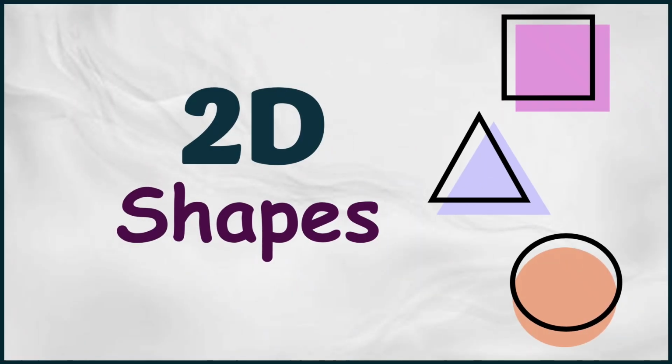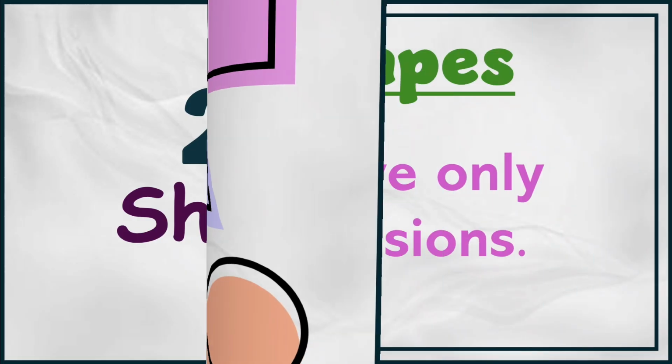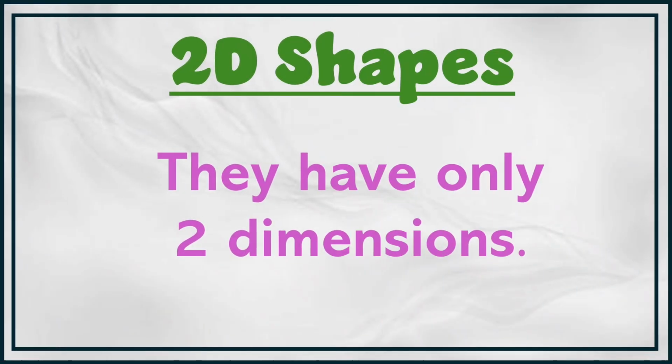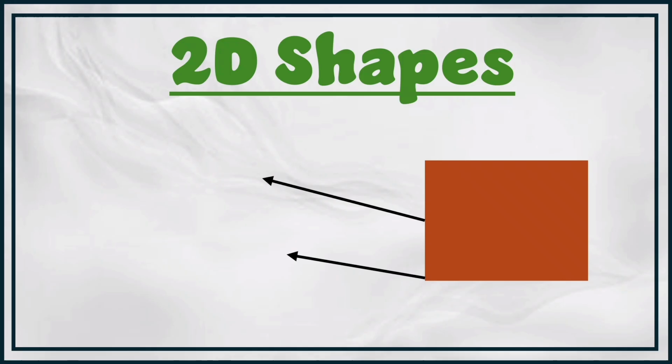How are you all? Let's learn today about 2D shapes. Do you know what 2D shapes are? 2D shapes have only two dimensions, X and Y. There are two important parts of 2D shapes: